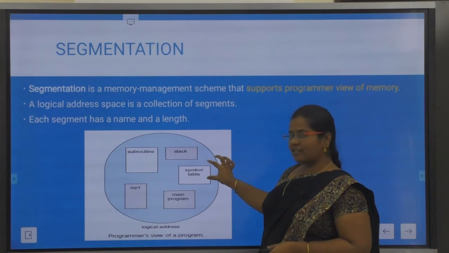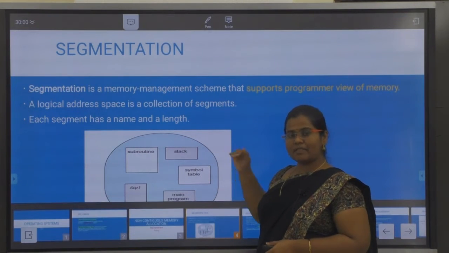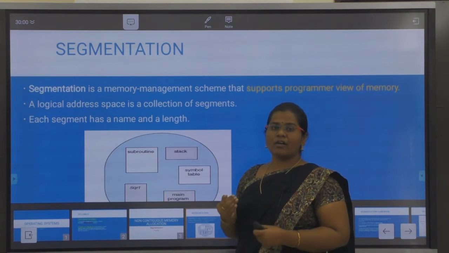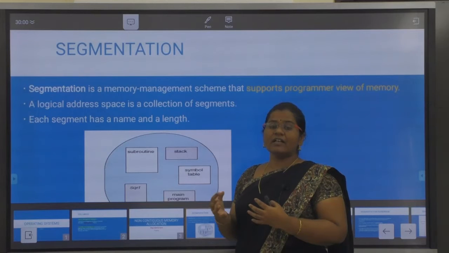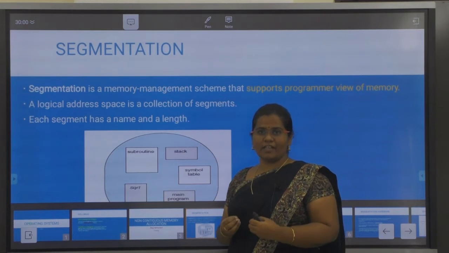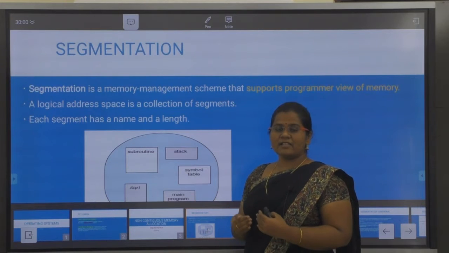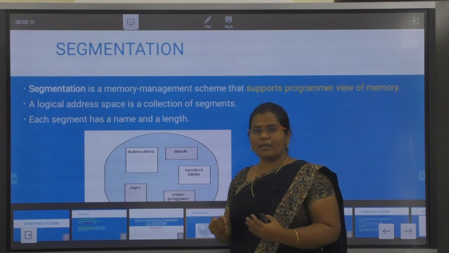And you can consider one symbol table. Whenever you define variables in your program, your compiler will collect all your defined variables and put them in a table called the symbol table. That symbol table you can consider as one module.